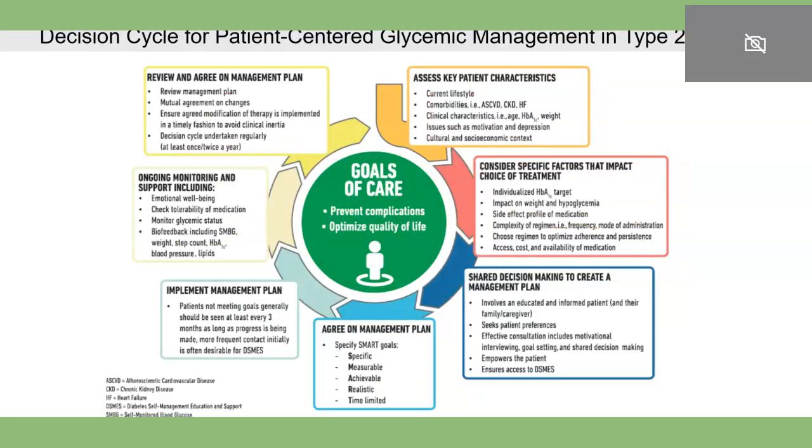So if we go into more detail here, we look at the first one, which is the patient's characteristics. We need to get to know the patient. So what is their lifestyle? What other comorbidities do they have? And what are their clinical characteristics, their age, weight, hemoglobin A1C, other labs. How's their motivation and depression? Because remember, many patients with disease in general have issues with depression, and it's not surprising,